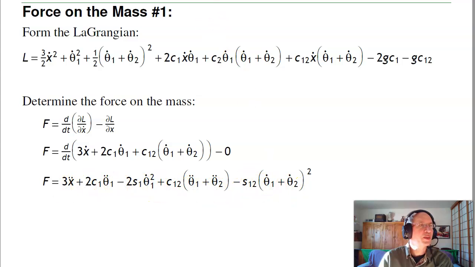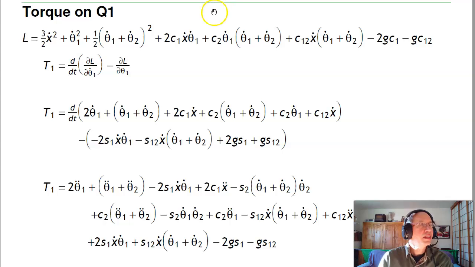That's one set of equations. Second set of equations, the torque on angle 1. Again, here's the Lagrangian, just to remind us. The torque on the first link is the full derivative with respect to time of the partial of L with respect to theta 1 dot, minus the partial of L with respect to theta 1. The partial of L with respect to theta 1 dot is, here's the theta 1 dot, 2 theta 1 dot, here's the theta 1 dot, 2 times a half theta 1 dot plus theta 2 dot, here's 1, 2 cosine theta 1, 2 cosine theta 1 x dot,